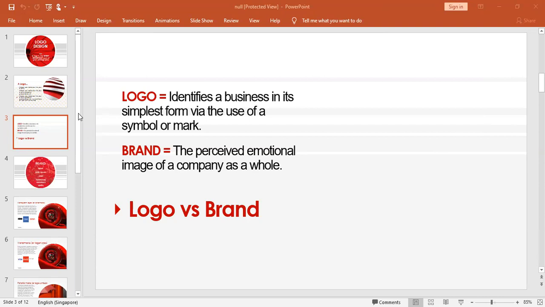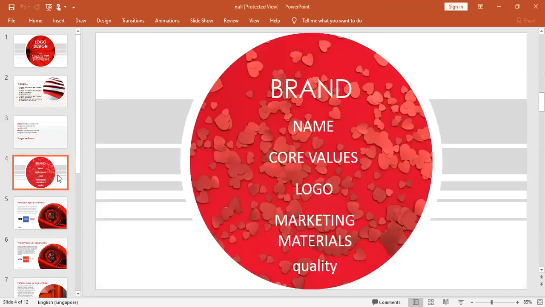Okay, guys. A brand should include a name. For example, when you use your name as branding, say your name is John, so John Photography or something. You have to give a name and core values. You can also include your qualification, saying that you are a professional photographer or a wildlife photographer.